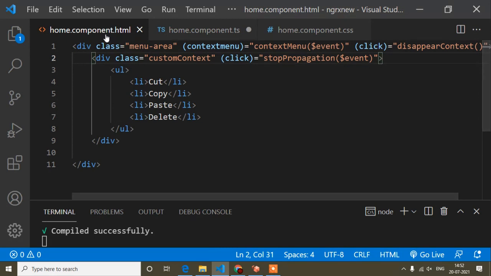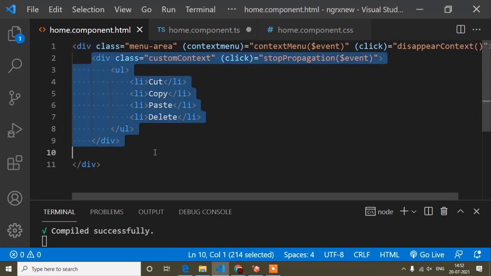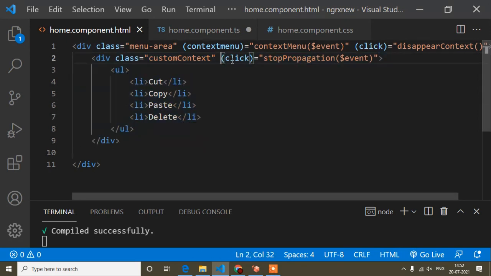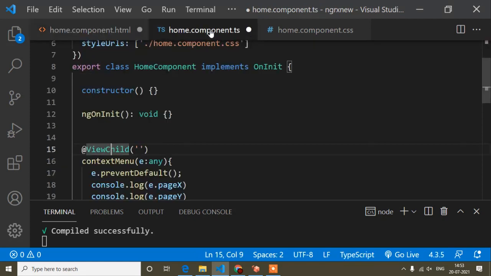Now I will go to the HTML, where I was hiding this using ngIf, but now I will use a template reference variable. You can write this variable name as per your choice, but before that you have to write a hashtag. Hashtag denotes this is a template reference variable, and it works like an id. So I will copy this one and paste it inside this ViewChild, and for this template reference variable I have to create a reference.